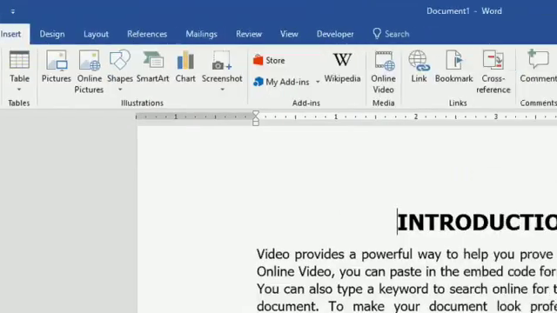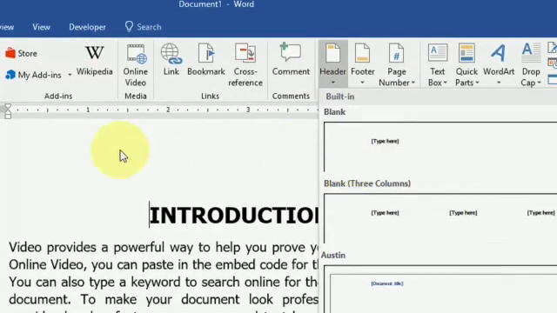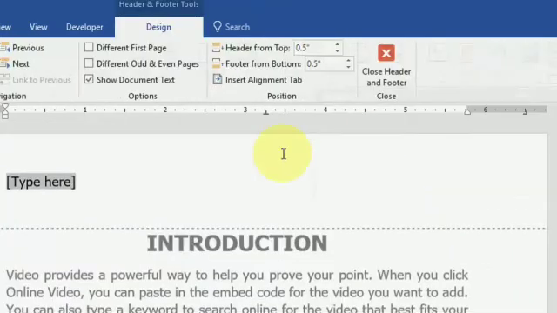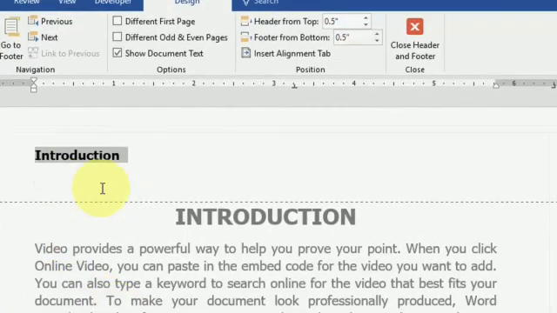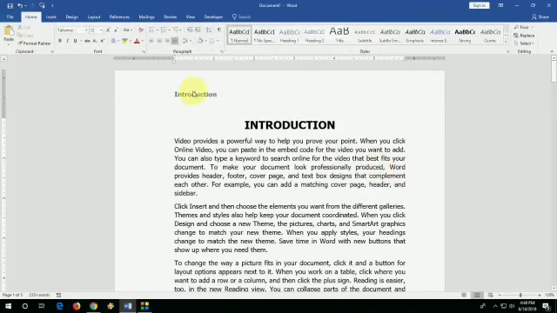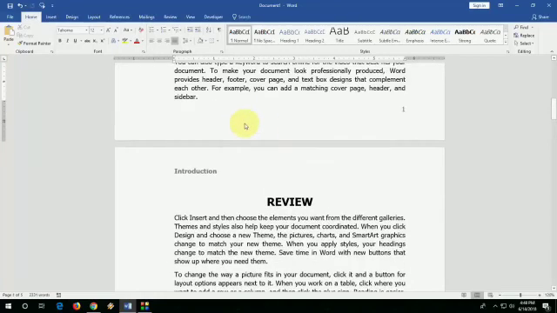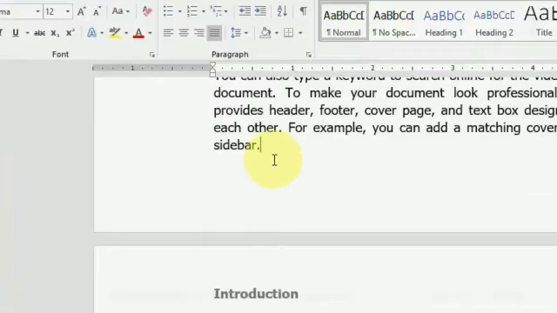So what to do? Click on the insert tab. See, this is your header option. Whatever header section you want to choose, then you can. We have many options. So this type here, when you click on it and see, now you are able to write your text. Text such as date, time, page number, text, pictures. So you can use your content according to your requirement. So you can see introduction is written on each and every page. So this one is permanent text at your header.